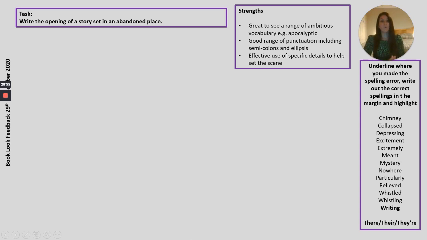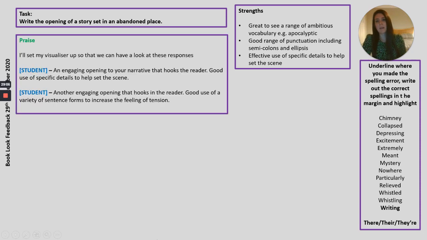The first thing I always do is start by talking about strengths and the things I've been really pleased about when looking at students' books. So the strengths, the things I've seen that I've been impressed by, and then I will look at a couple of student examples, and I'll show you a bit later on how I set this up, because we're maintaining